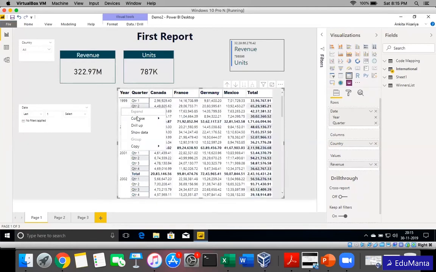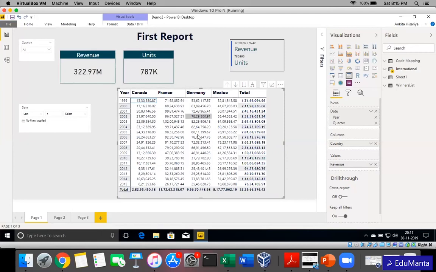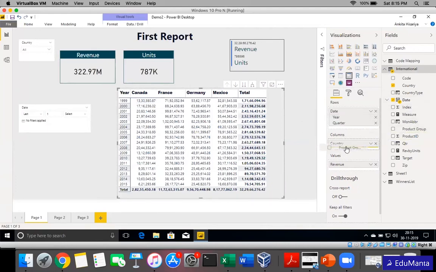Similarly, I can drill up back from here. So this is called the drill up, drill down feature. Now, for example, I have just country here. I provide the next level of information, for example, maybe product group. I bring it down below the country in the column section. Notice the change. Now users know, okay, there is a drill option both on row and column, which means on the row section also we can drill down further, in the column section also we can do so.